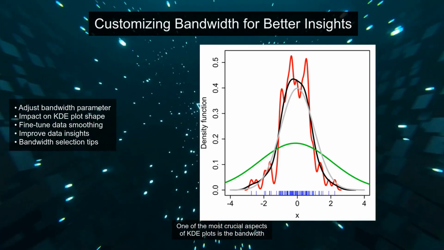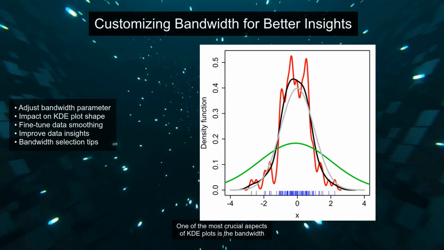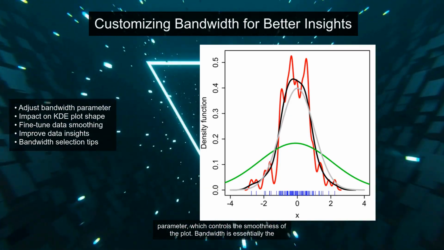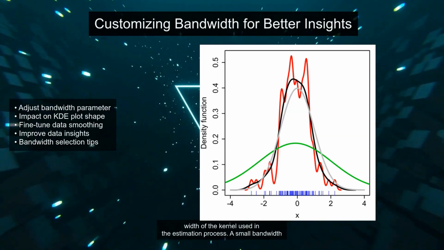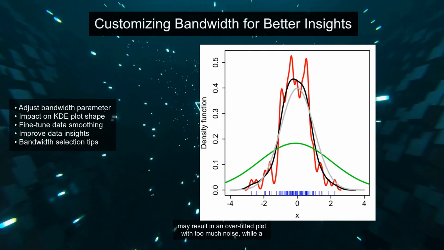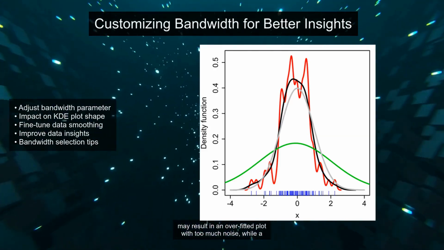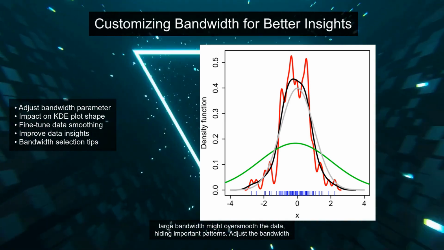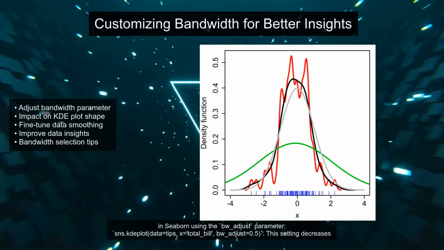One of the most crucial aspects of KDE plots is the bandwidth parameter, which controls the smoothness of the plot. Bandwidth is essentially the width of the kernel used in the estimation process. A small bandwidth may result in an overfitted plot with too much noise, while a large bandwidth might oversmooth the data, hiding important patterns. Adjust the bandwidth in Seaborn using the bw_adjust parameter: sns.kdeplot(data=tips, x='total